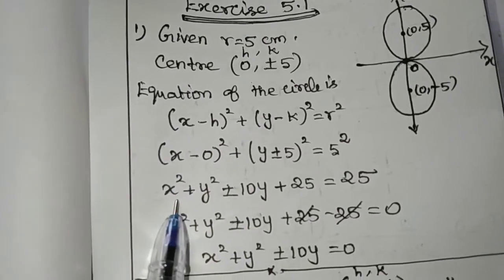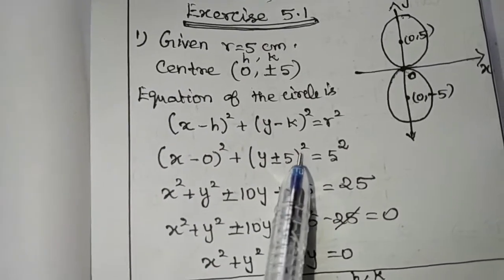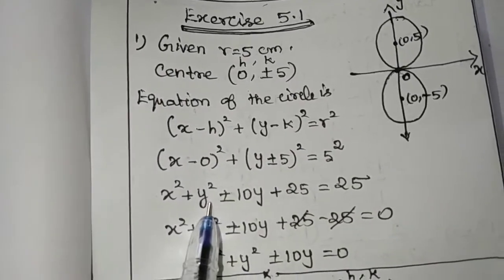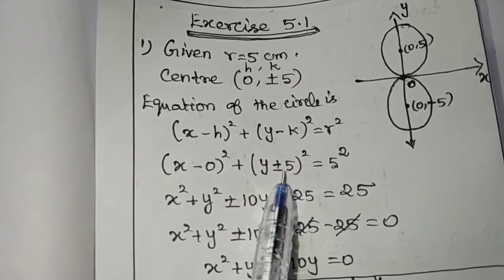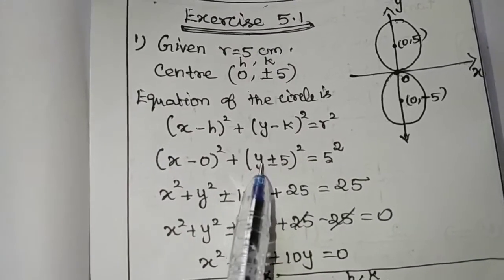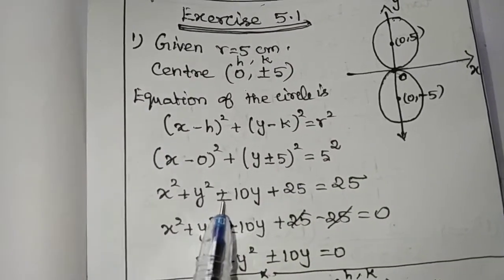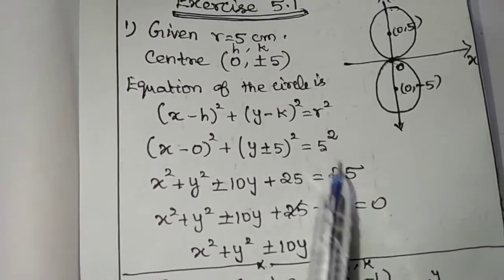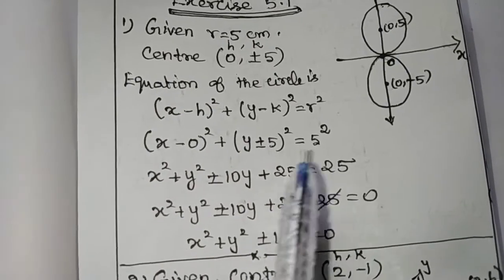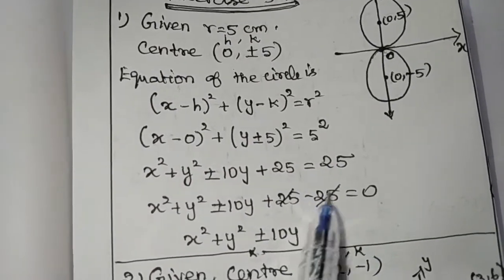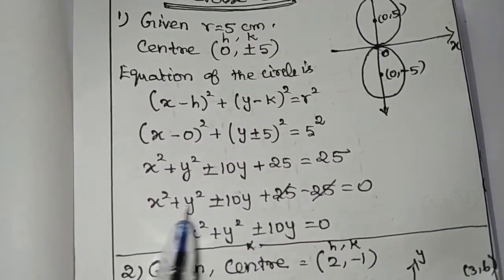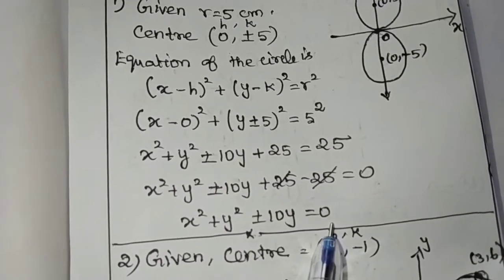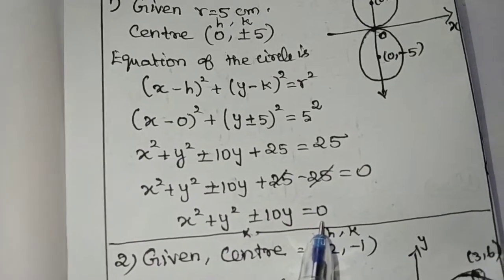Now simplify x square. Here, the (a plus b) whole square formula. Plus formula, minus formula also. Then y square plus 2ab, minus 2ab. Then 2 into 5 into y means plus or minus 10y. 5 square is 25, equal to 25. Minus 20, plus 25 equal to 25, go to that side, minus 25, cancel. x square plus y square plus or minus 10y equal to 0. Get the answer, general form of the circle equation.